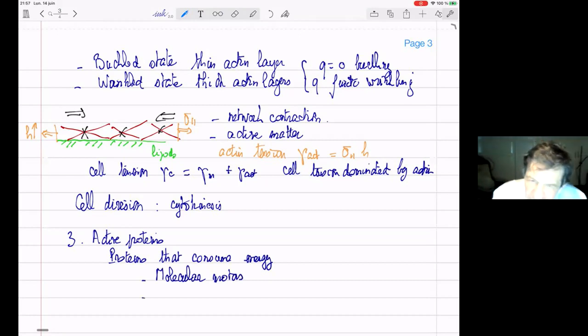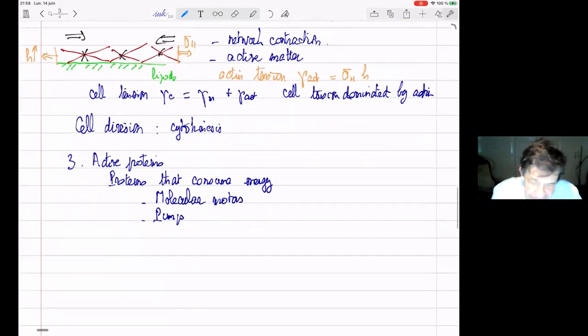Another type of active proteins is what are called pumps. Pumps are molecules that actively take ions and move them from one side of the cell to the other side. So it's an active process by which you take ions on one side and you push them on the other side. There are other types of active proteins like GTPases, which are proteins that don't consume ATP but consume GTP, which is kind of the same thing as ATP, but with a guanine base. The ones that I want to discuss very briefly are these pump proteins.